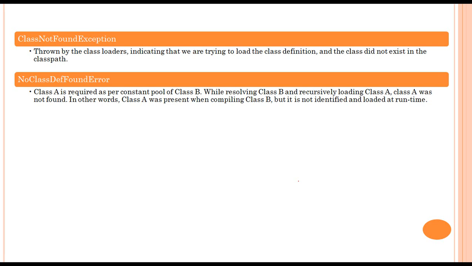So let's take an example and see how we can actually generate a NoClassDefFoundError in order to understand this error and exception.